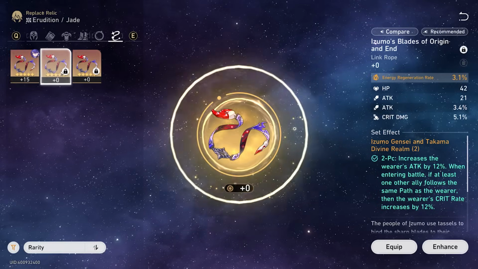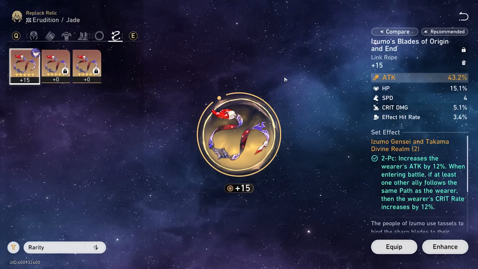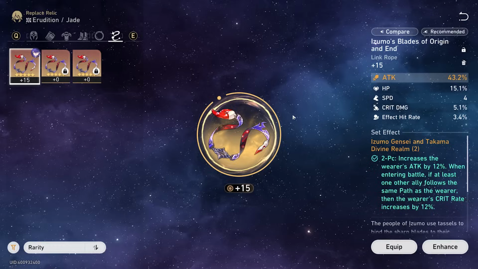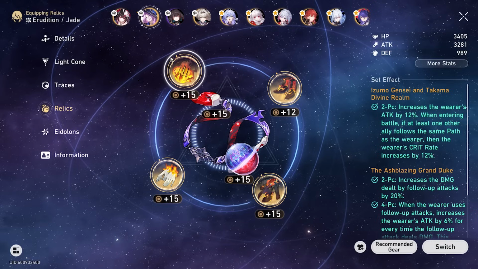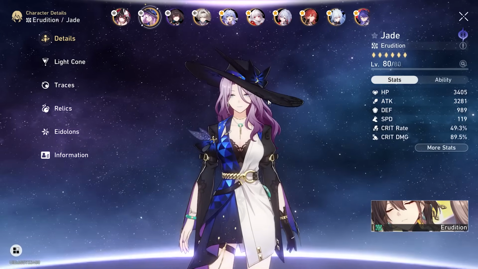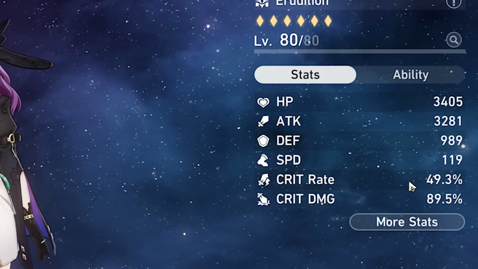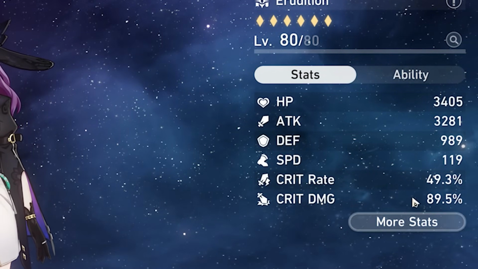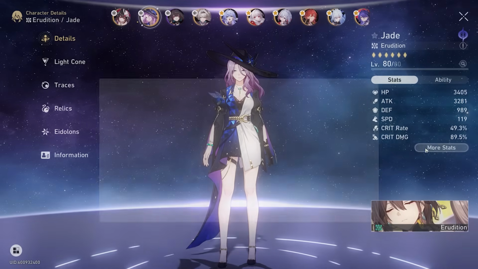Do we have anything? Energy regen, defense. I mean, I can take one from Acheron, which we're just going to have to do for right now. It is what it is. Sorry, Acheron. But that being said, we do have a finished Jade. The final stats are 3.2k attack, 49 crit rate, 119 speed, which is not good because we couldn't even reach 134, 89 crit damage,